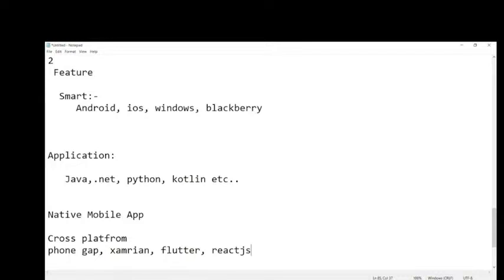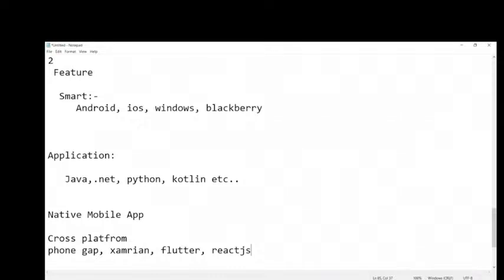With native mobile applications, we can get flexible, lightweight, fast, secure applications. Because of that, not only we but the majority of the market prefers native mobile app development.